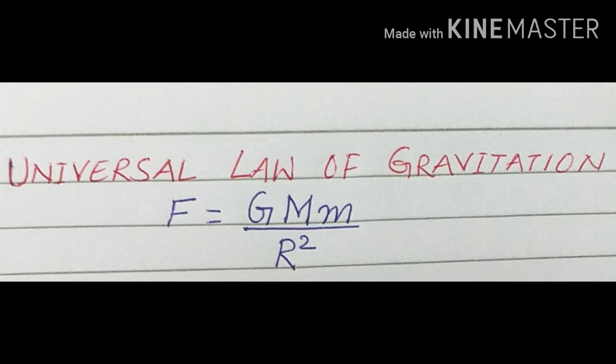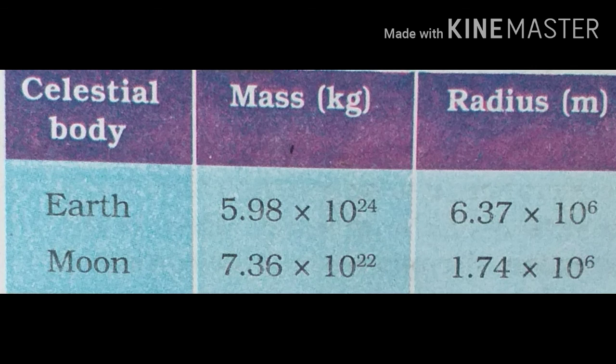This we know. Now, before that, you have to take the table which is given on the screen. There you are given the mass of the earth, the mass of the moon, the radius of the earth and the radius of the moon. You have to remember what is given in the table. Clear? Now next, we will first do the case of weight on the moon.